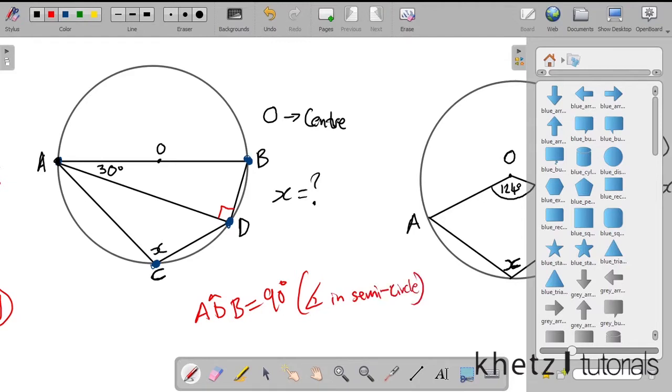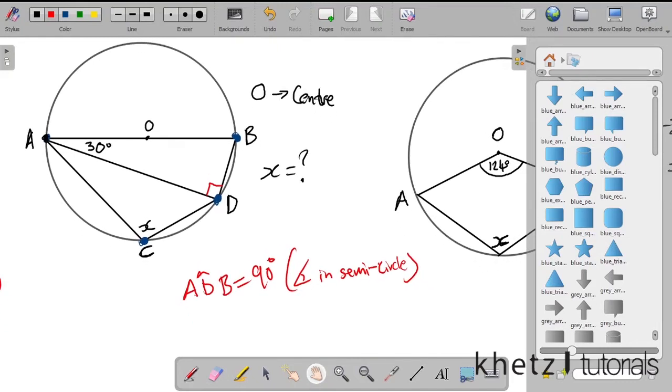So the diameter divides the circle into 2 parts, and whatever part is formed by joining lines from the diameter to the circumference and from the circumference back to the diameter forms a 90-degree angle according to this rule, right? And that is why we concluded that that is indeed 90 degrees. Now that that is 90 degrees, you can find the value of this angle over here, which is ADD,